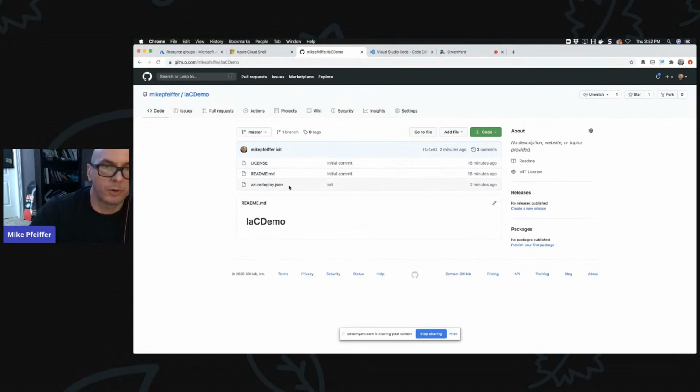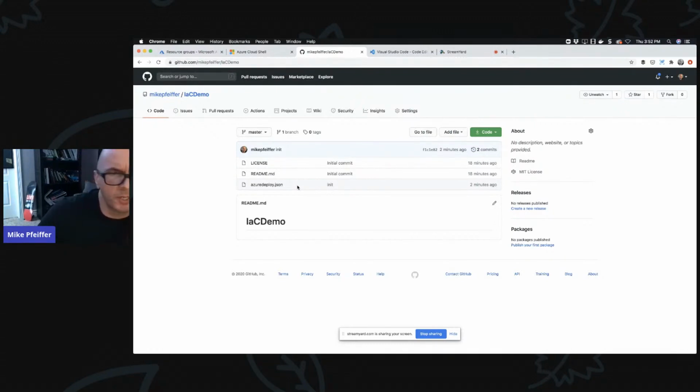Also, now that it's in this repository, I could use something like Azure DevOps to create a build and release pipeline for even just this simple repository. So anytime I make changes and push them to this repository, I could have a pipeline kick off that would test the code, maybe lint it, right? A JSON linter to make sure I didn't miss any closing square brackets or closing quotes or any of that stuff. And then once all that checks out, go deploy the infrastructure. And once the infrastructure's up, push an app to that infrastructure, right? That's the kind of stuff we do in the AZ400 course at cloudskills.io. It's pretty in-depth. It's cool.